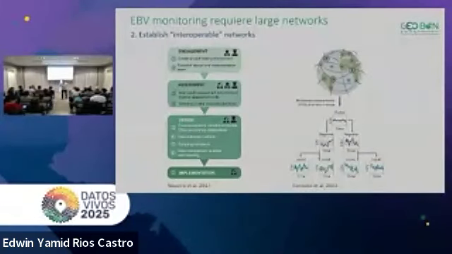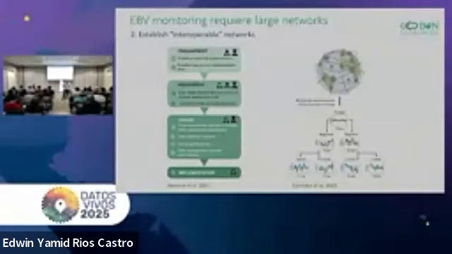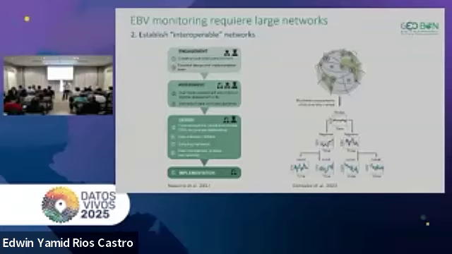The second important component is that essential biodiversity variables very rarely can be developed or monitored by a reduced number of people. You need networks. Networks not only that take the data, but also networks that are able to work together in identifying the important aspects to monitor, and also the ways of estimating those variables, again, in a way that is relevant for policies. GEO BON has also established some mechanisms for establishing those networks.